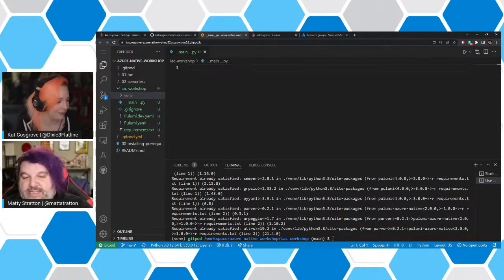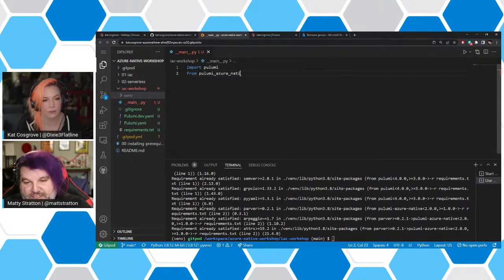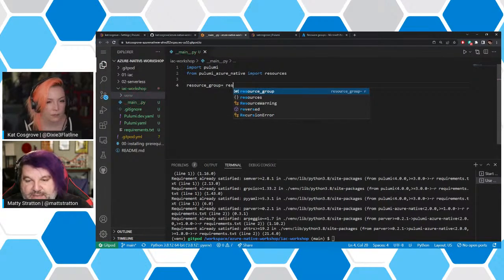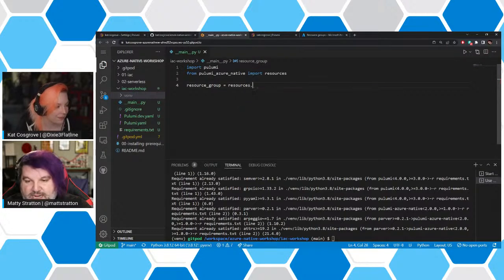One of the things that, as Kat does, I want to point out is that you'll see there's now at this point, this is just adding some Python packages, but when she starts to define resources, you'll see that there's going to be some type ahead. Oh, look at that, right? So equals resource dot,